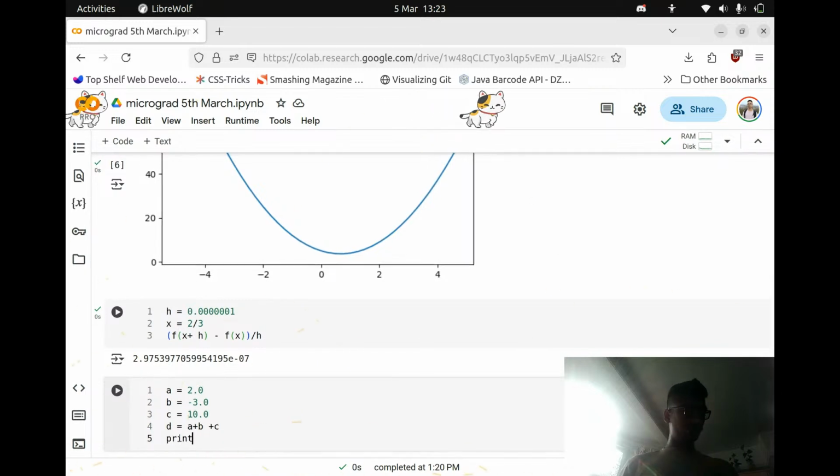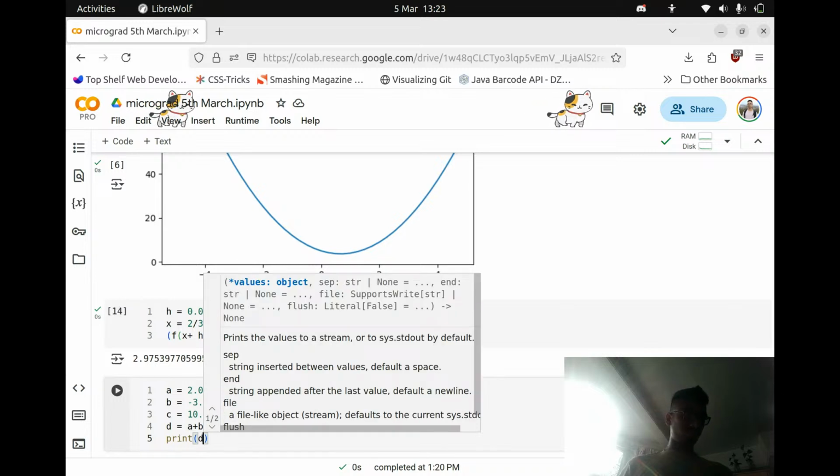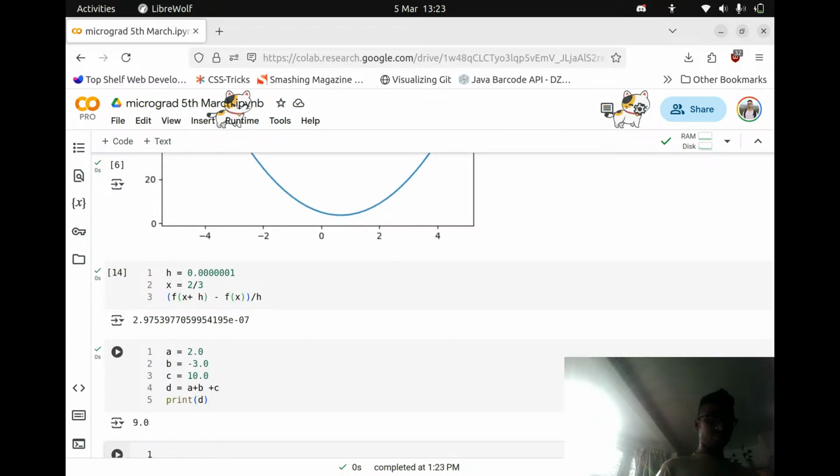And then we'll get d2 to be the exact same function. And now we're going to print